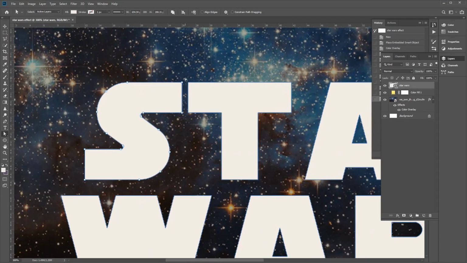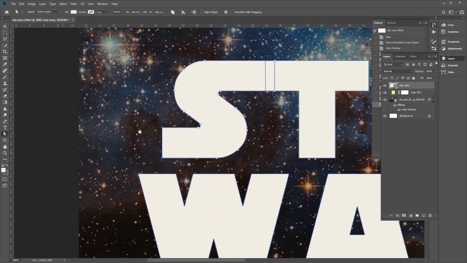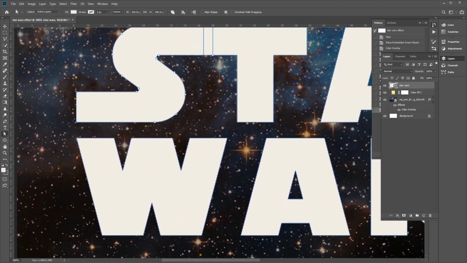And the same over here, highlight the S so the S and the T connect. And the bottom of the S here, we want to adjust this so that it's in line with the bottom of the W, or the top corner of the W, like so. Cool. Now let's go ahead and zoom out,